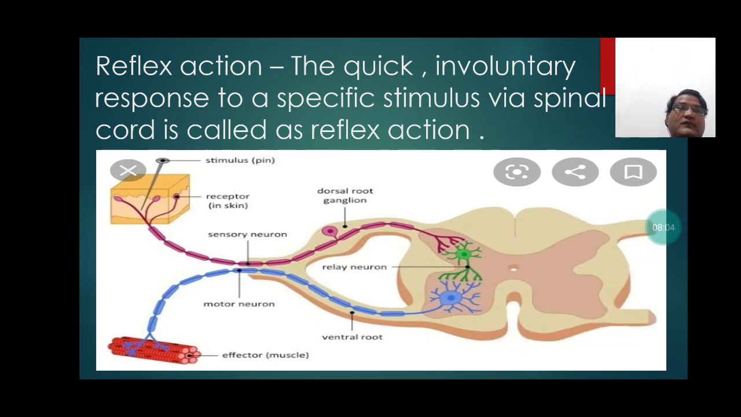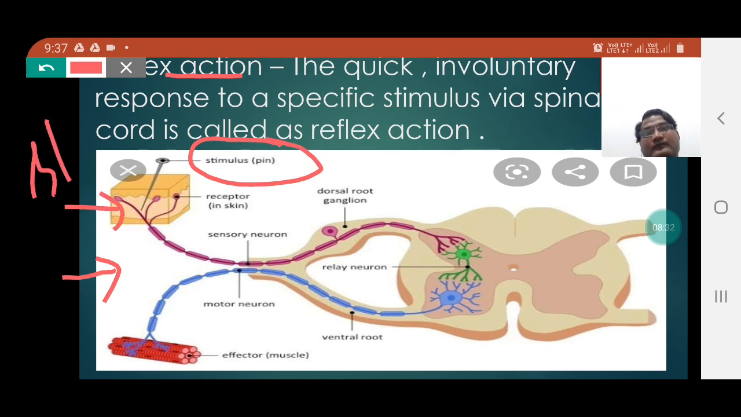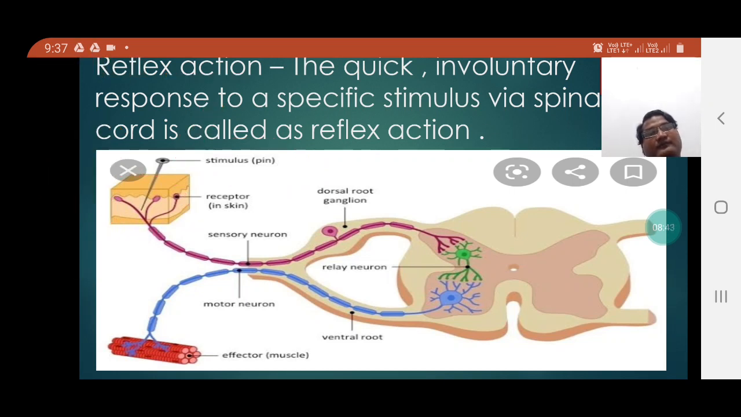Reflex action. The quick involuntary response to a specific stimulus via the spinal cord is called reflex action. So students, if you notice the reflex action in this diagram, you will understand the stimulation of a pen insertion inside the skin, a small part of the skin. When the pen is inserted in this small part of the skin, then